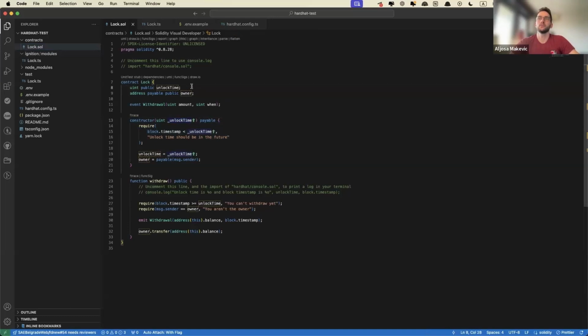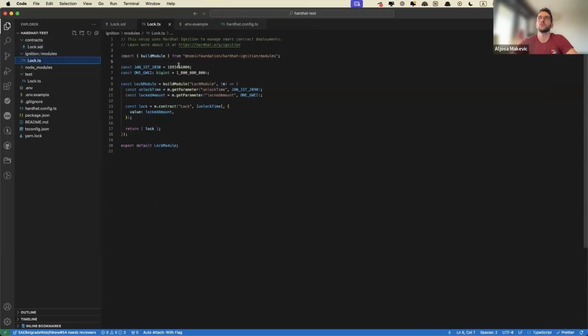And unlock time, because this is a lock contract, means the time until your funds will be locked. Makes sense. So here it's already set that it will be January 1st, 2030 in the format that smart contracts can read. And this is some amount of funds that's going to be locked.